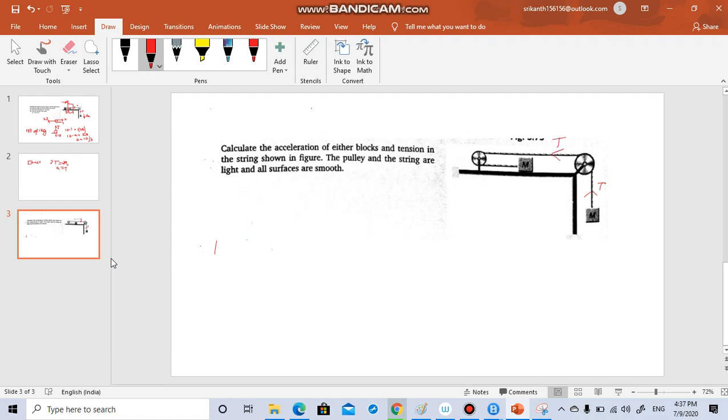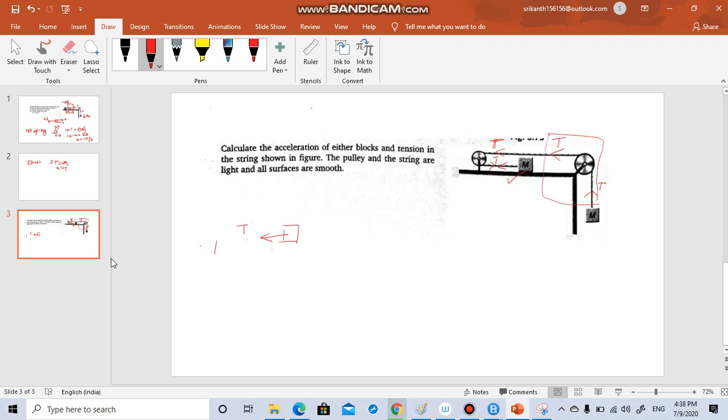See, when you take the whole system, this T will be equal and opposite. Okay, only when you separate it, suppose if I separate this like this, then I will see T here. Okay, otherwise this T will be equal and opposite. So if it is T here, it is T here, opposite, because the wire is not getting distributed. Okay. So we have to draw the free body diagram of, let us say, this mass. If you draw the free body diagram, you will see a mass, tension is in this direction, and mass is there.